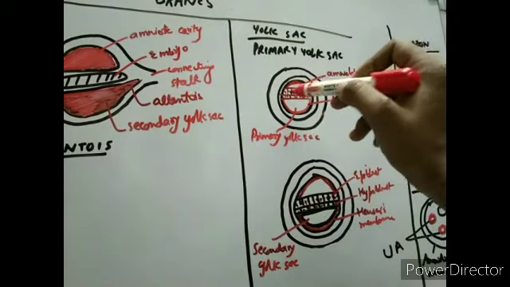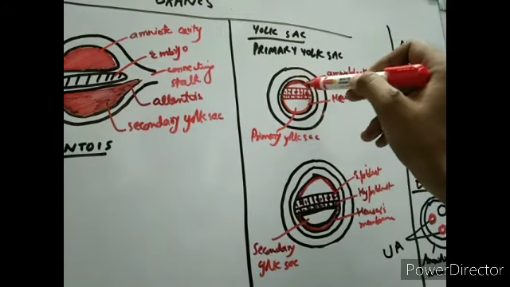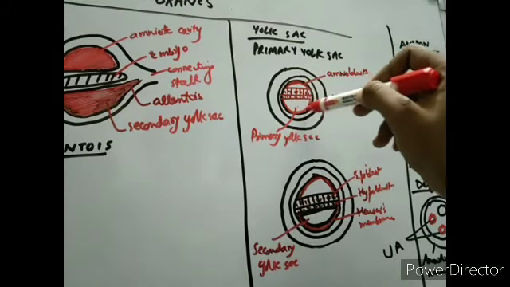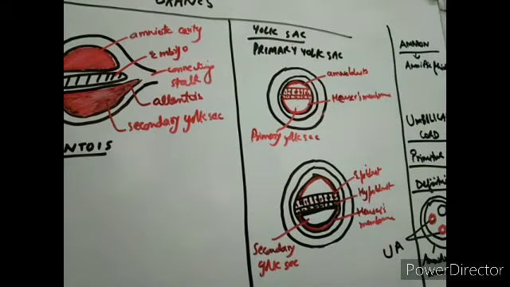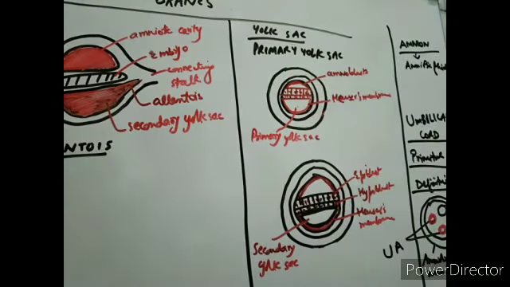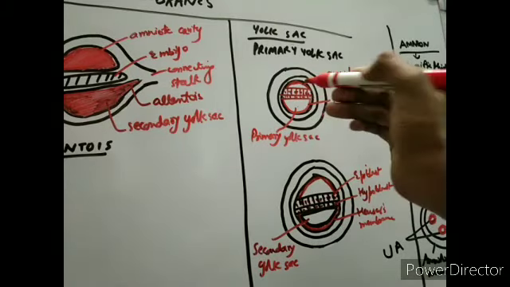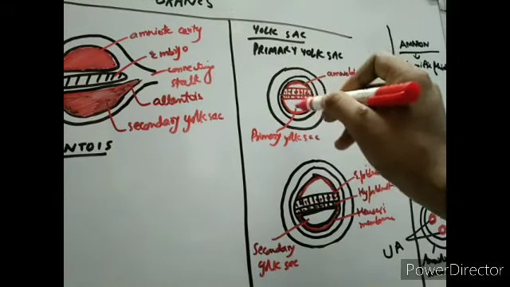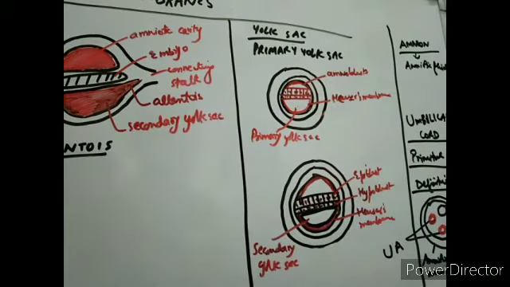So first we will see, this is the germ disc, this is the amnioblast, this is amniotic cavity, this is the primary yolk sac. It is lined by the Heuser's membrane, and this Heuser's membrane develops from the cytotrophoblast. It turns the blastocele into the primary yolk sac by forming the floor of the cavity. So basically it was firstly the blastocele, then when the Heuser's membrane lines this, it becomes the primary yolk sac.